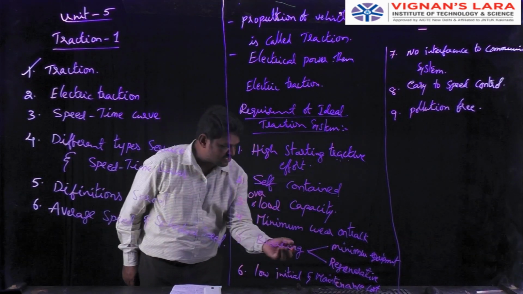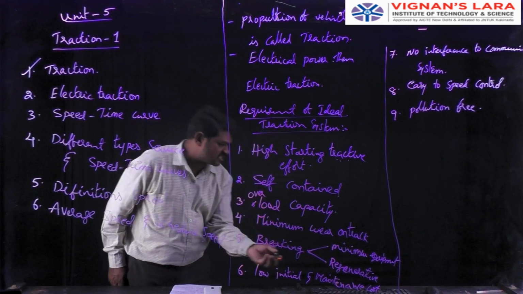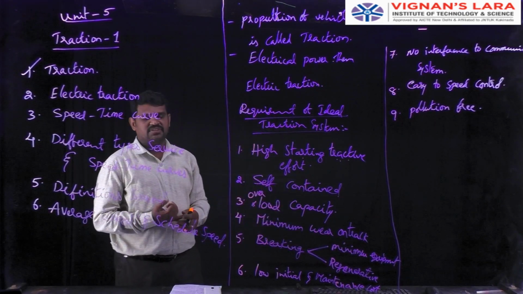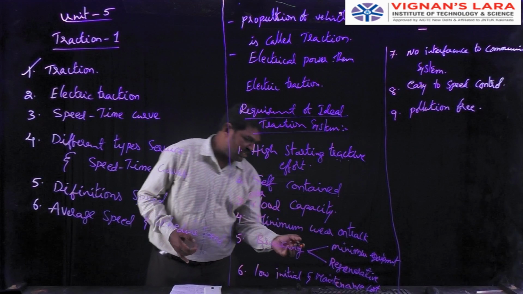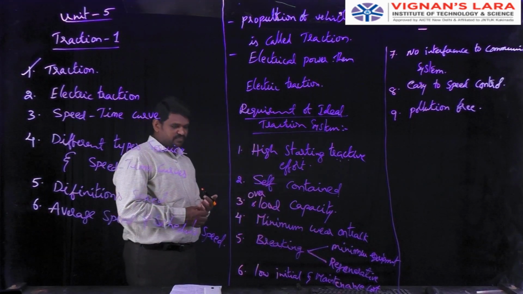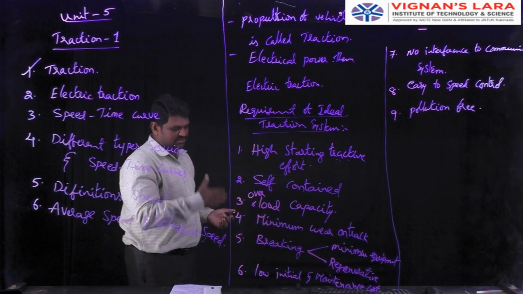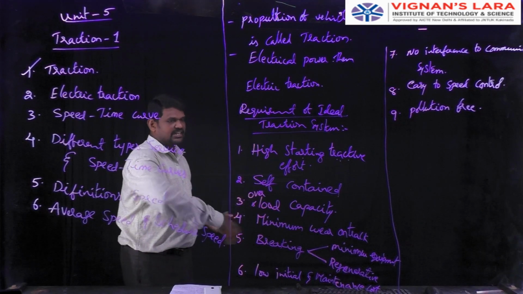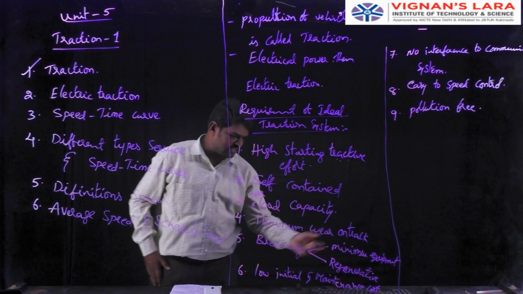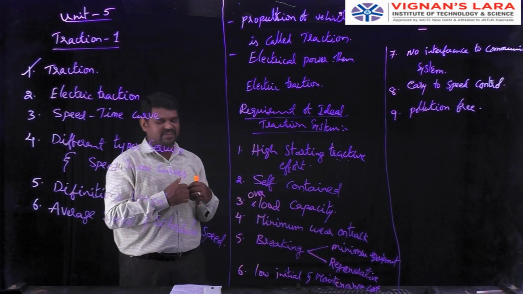And the braking system is also very essential for the traction. In the braking system, minimum equipment is used, like the braking shoe. And if possible, we want to provide regenerative braking. In regenerative braking, during the braking period, we generate electrical energy, and that electrical energy is supplied to the supply system, so that the overall energy taken by the system will be reduced.